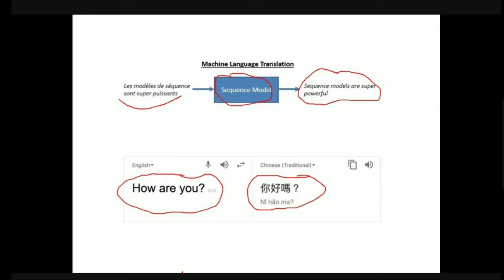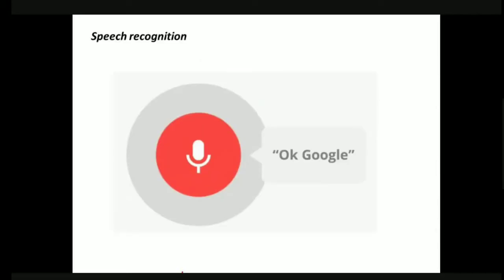Anyways, this is one of the applications of sequence to sequence models. The next thing is speech recognition. All the time we'll be asking Google many silly questions. Hey Google, when do you sleep? Hey Google, do you have a boyfriend? Hey Google, can you tell me what is your birthday? So like this, we ask several questions, some silly, sometimes some useful questions and so on. Here our Google Assistant is going to recognize our voice and respond to our voice commands or voice instructions. So in speech recognition also we use sequence to sequence models.